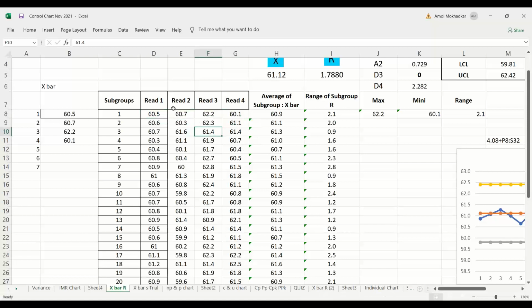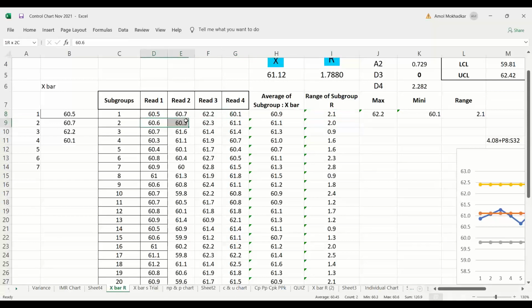For calculating the range, you need to select the minimum value in the set of data and the maximum value. The difference between these two will be your range, not the difference between continuous 2 values. Here the maximum value is 62.2 minus 60.1, so your range becomes 2.1.